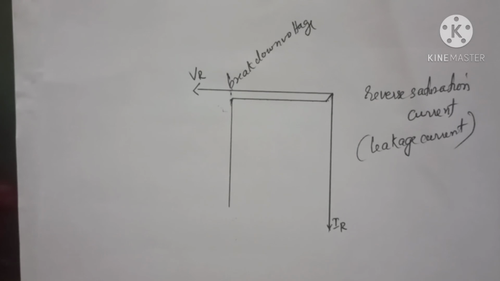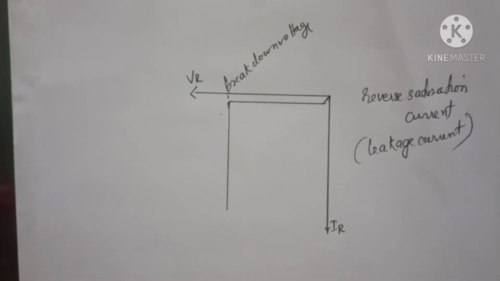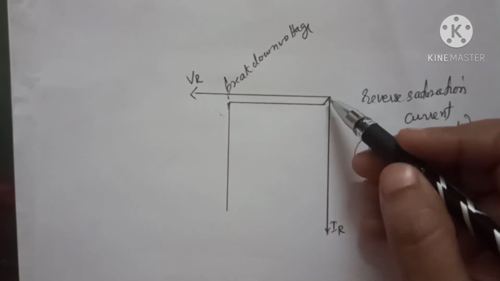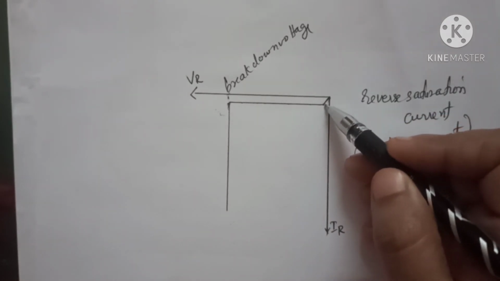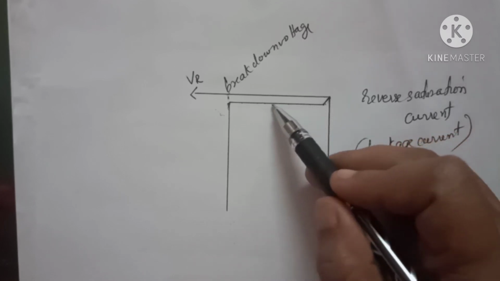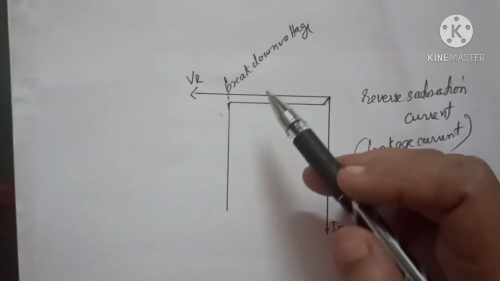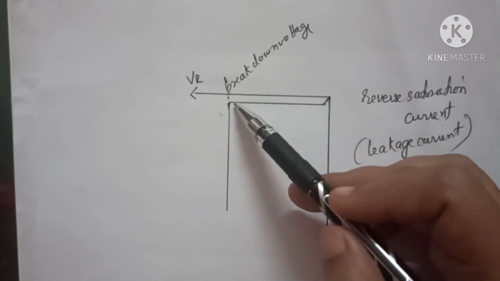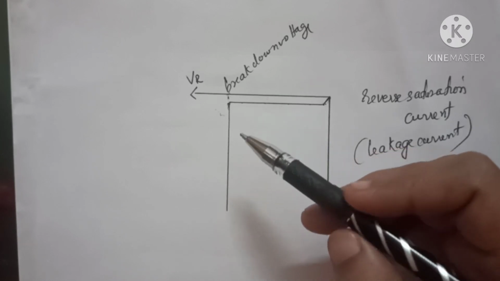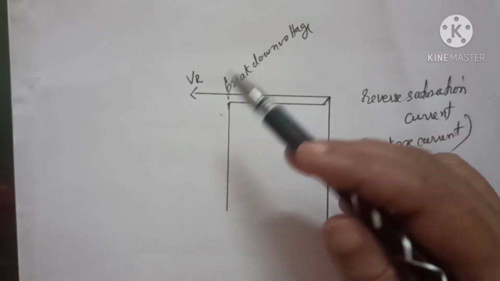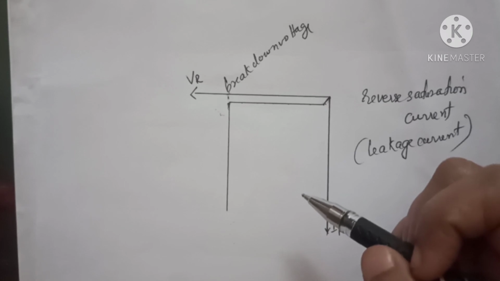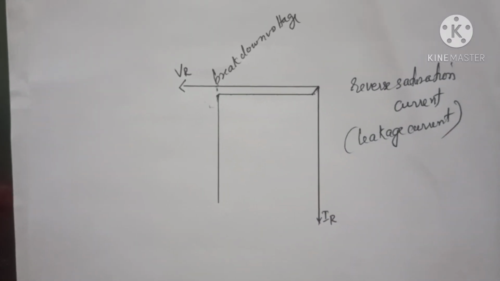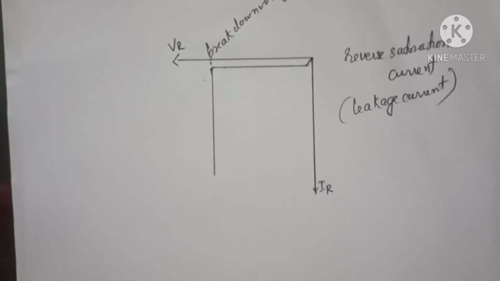Understood? So, this is the reverse bias characteristic of a PN junction diode. Once again, first we will increase the value of VR. At that time, you can see a small increase in IR. It reaches a maximum value, and this value will remain constant for a certain value of VR. And after reaching the breakdown voltage, you can see a sudden increase in the reverse current. Understood? So, this is the reverse bias characteristic. Clear for you?